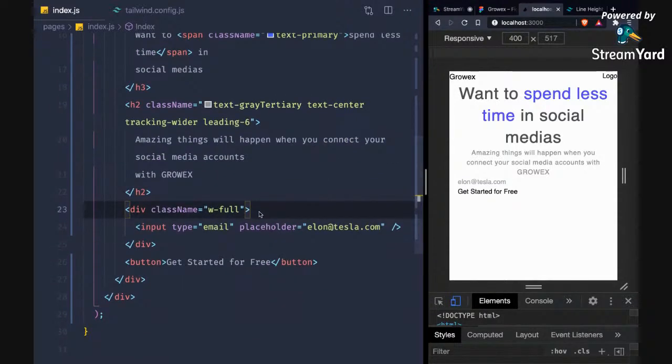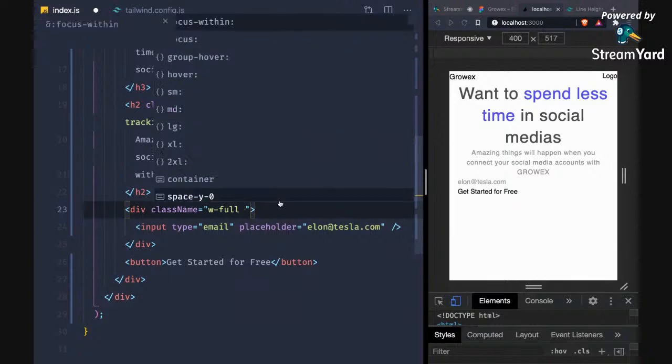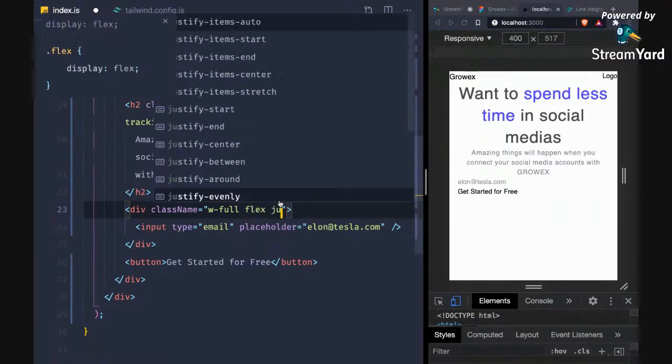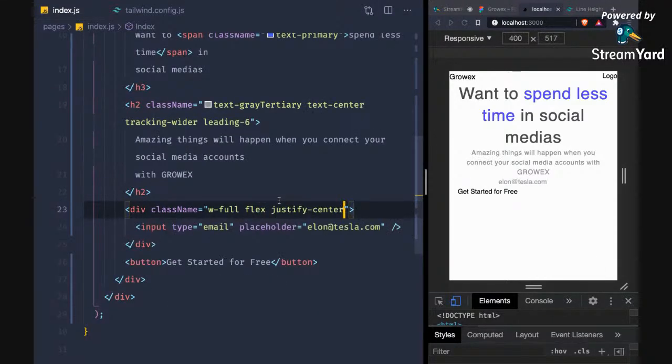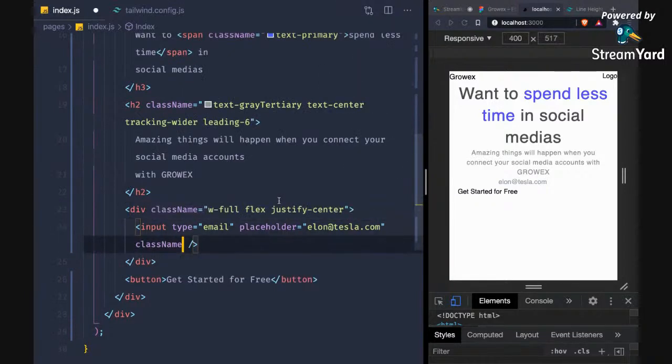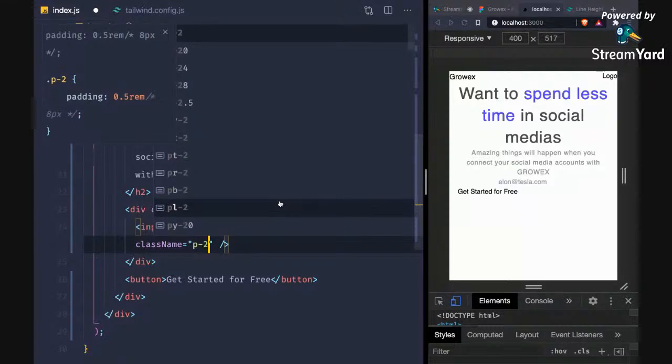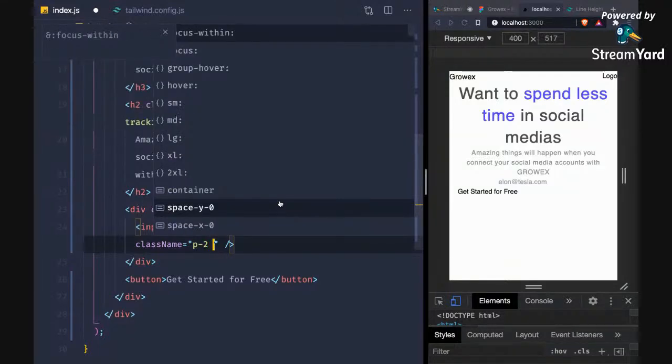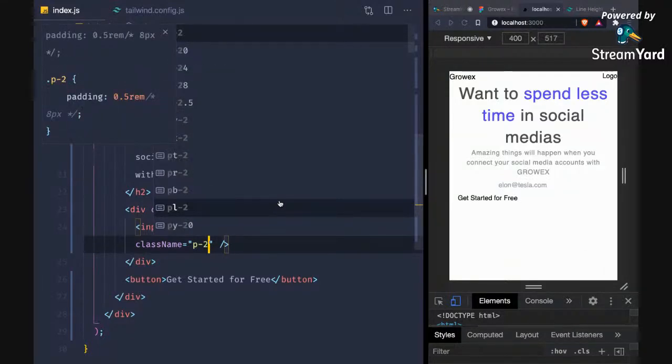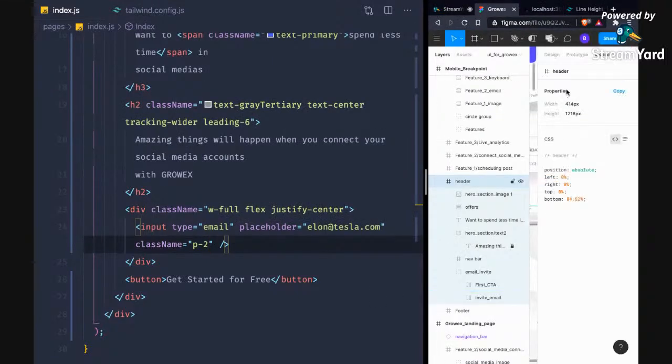Okay, that's going to be amazing. Here we are, and this should be flex justify center, so it will be at the center. Yes, we have it at the center, and let's now design this. So padding of 2, let's say, and if I save it, yes, that's good, but we need some kind of